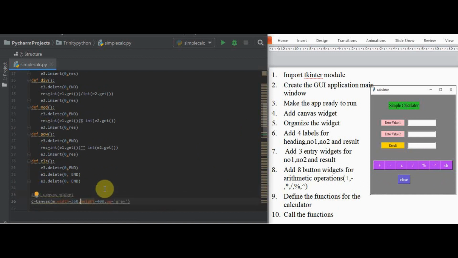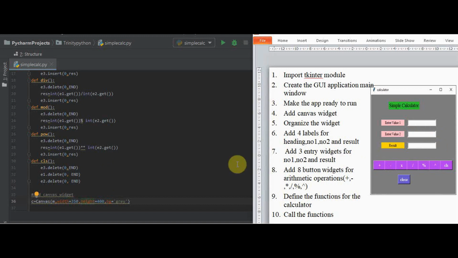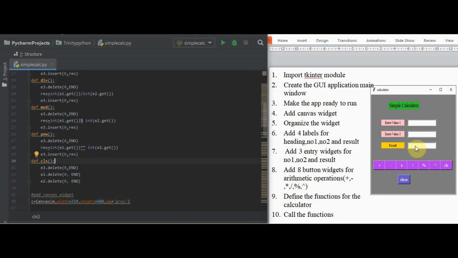Okay. So the last step is we have to call the function. Now we have to apply the logic, like from where we are supposed to call the function. You enter value 1, value 2, say 5 and 2, and after pressing the plus button, you need the result to be displayed here.